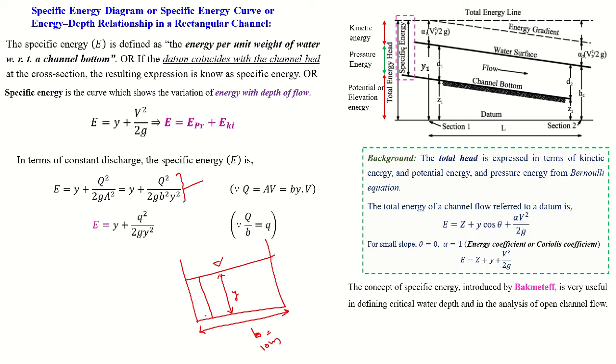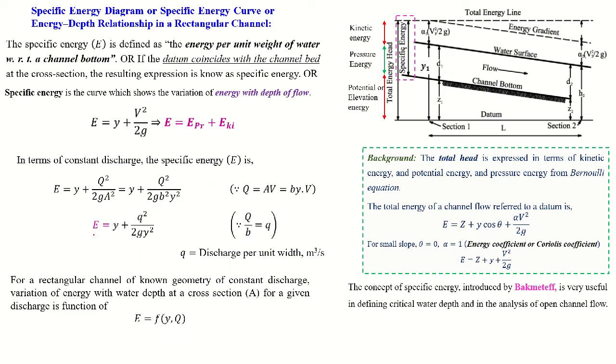Now, unit width means a width of 1 meter. So in this 1 meter, what is the discharge variation, for a given depth y, for 1 meter, that is called unit width? In this condition, we can write the discharge per unit width. We can call this the specific discharge, that is, the discharge per unit width. So small q is the discharge per unit width. So this equation will become like this.